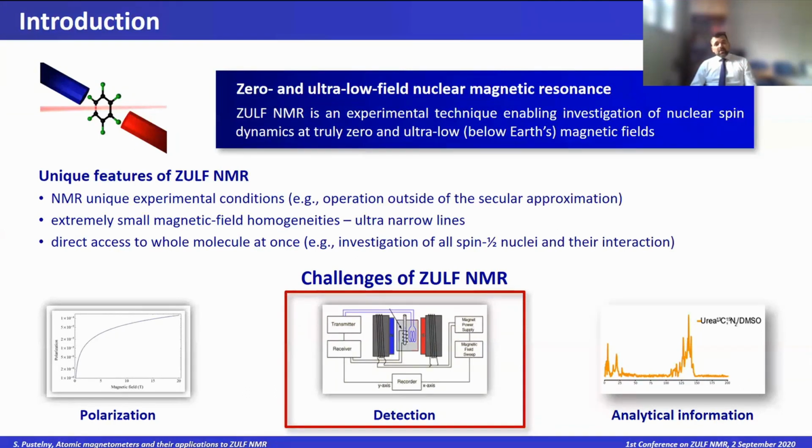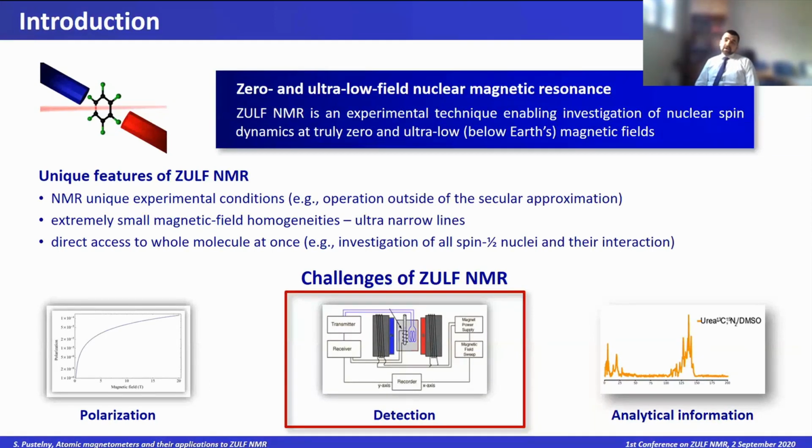But in this range, the situation is completely different than in usual NMR conditions, where we have a very strong field that determines all the interactions within the molecule. Here, you're operating under conditions where internal interactions, in particular J coupling, the coupling between two nuclei, are the strongest interaction in the system in many cases. These are completely different conditions. So the evolution ought to be very different, as we learned yesterday from Michael's and Thomas's talks, and these new conditions also offer some unique